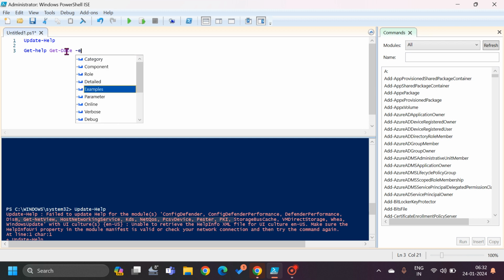Okay, so I can write it like this: Get-Help, then the name of the command, and then, although this switch is not mandatory, in case you type it, it will try to give you real life examples of how to use this command, right? So for example, if I run this,